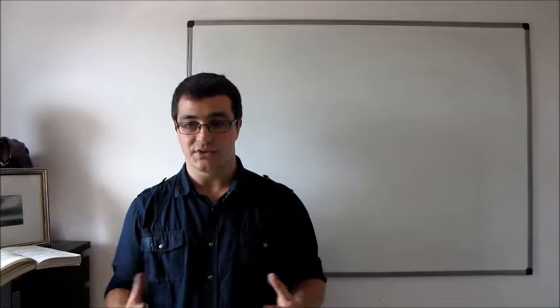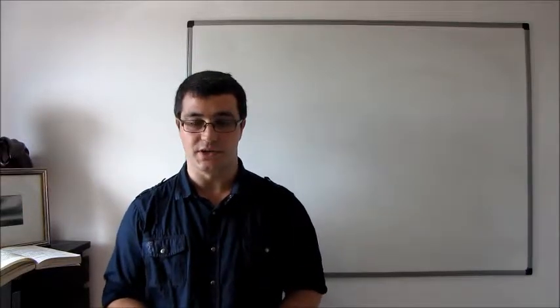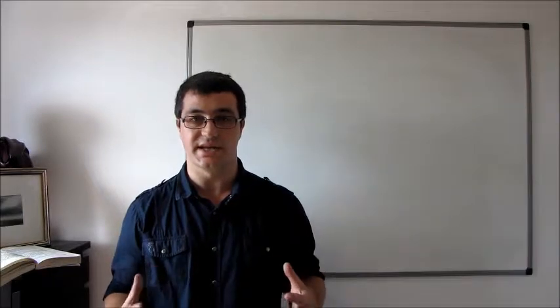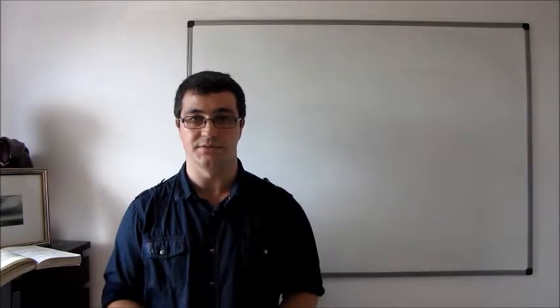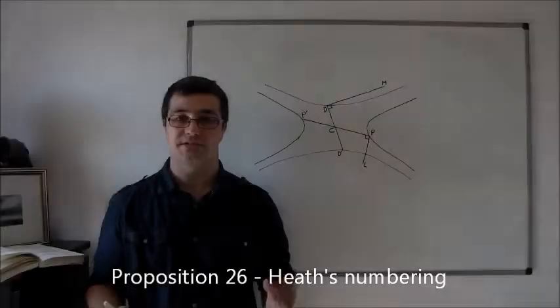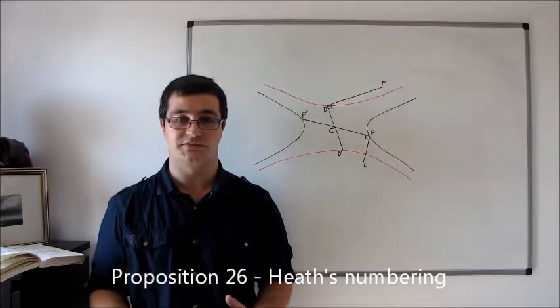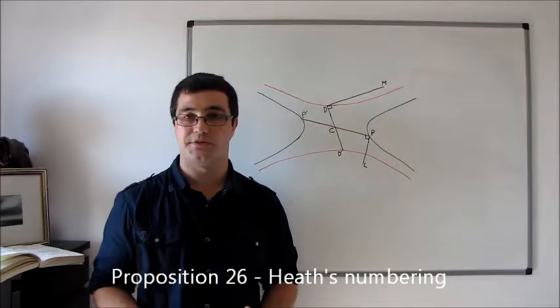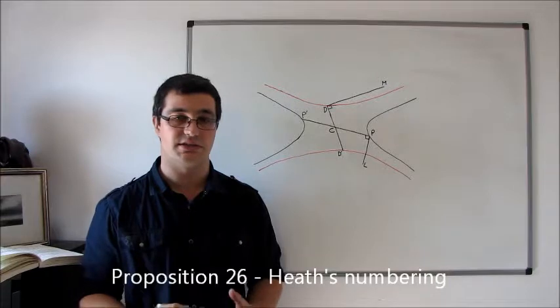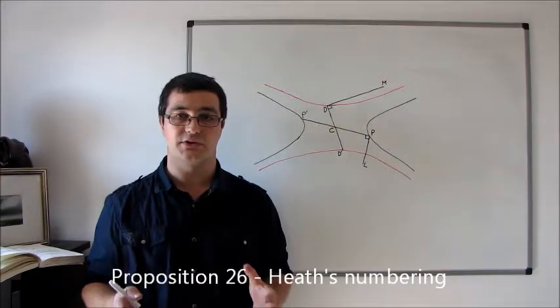So I've just got one more proposition from this section that I want to look at before I wrap up with this video. The last proposition that I want to look at introduces the idea of a conjugate hyperbola. This is the last proposition that I want to go through as part of this video. This is proposition 26 from Heath's translation of Apollonius's treatise, and as part of this we're going to assume the